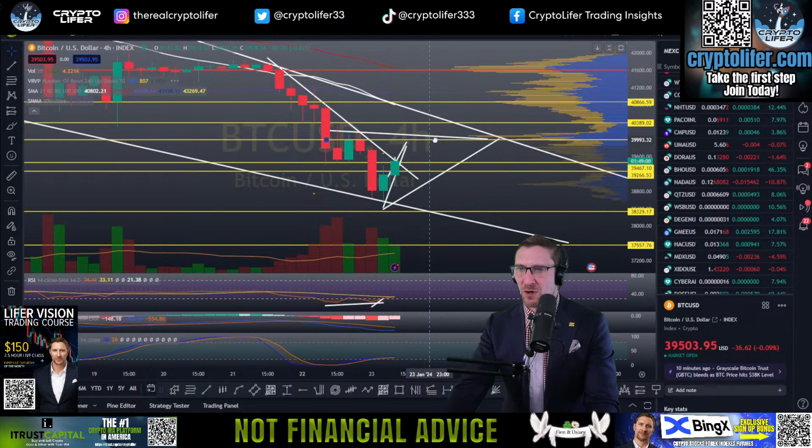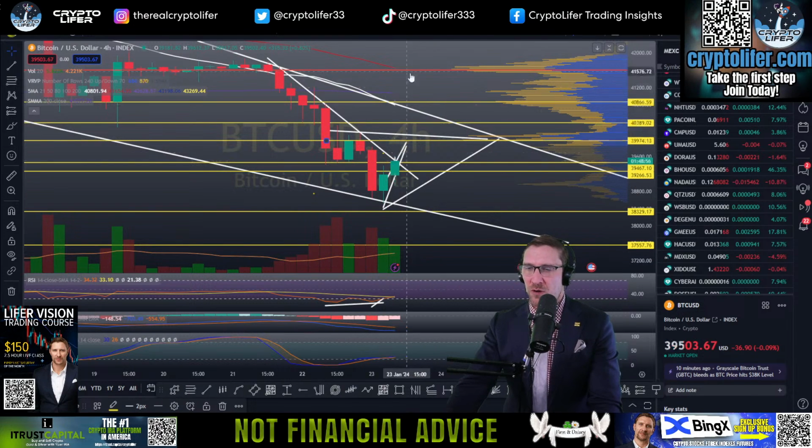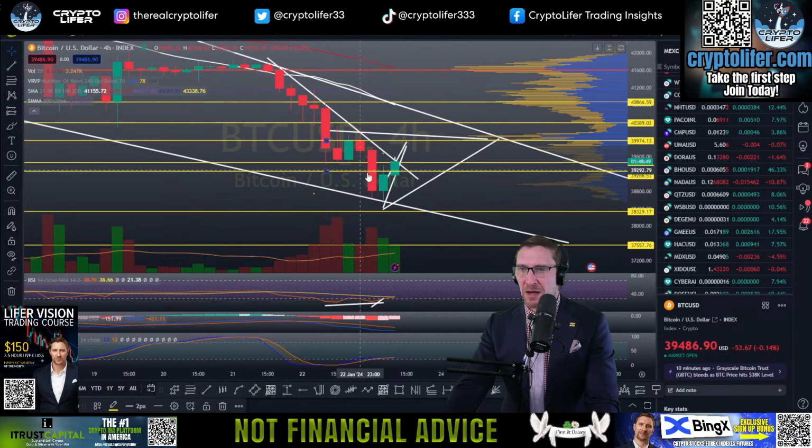However, you will have to get above the previous resistance on the 4 hour, which is 39,974. So the 4 hour says more is coming, and it could pin all the other time frames, really. So to me, the 4 hour looks bullish. But look, bounce resistance. You must get above here.